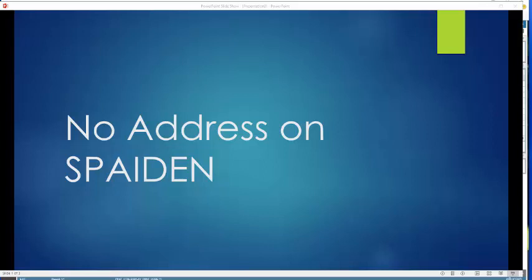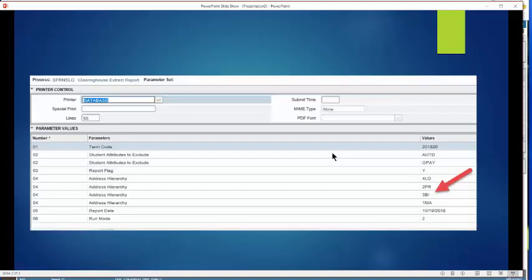The error message, no address on SPAIDEN, means that the student didn't have an active address for any of the options you put in when you were running SFR and SLC. So remember when you were watching the video, when you went to run SFR and SLC, you put in 4 different rows for address. And we told them check for mailing address first, check for permanent second, business third, for